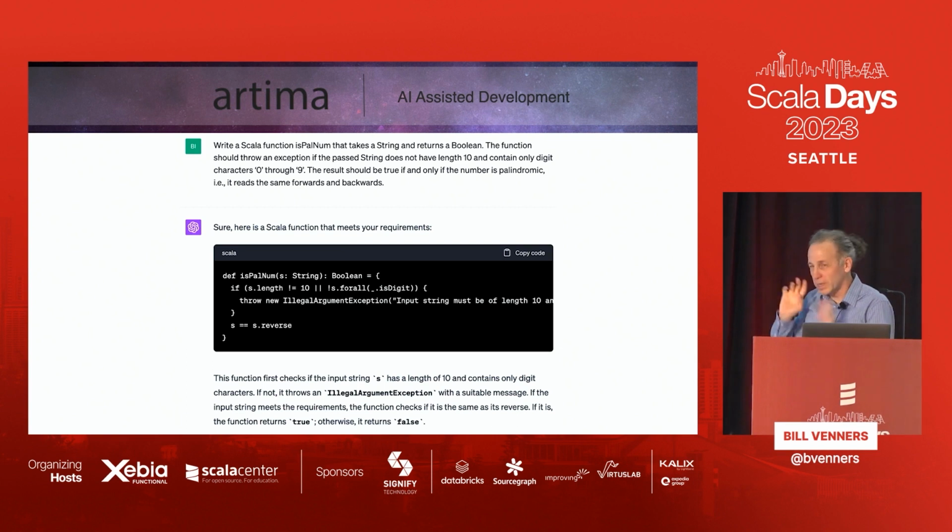So this is, I just pasted that requirement spec from the slide into ChatGPT, and it wrote it for me. It also then described it. So this is kind of like text to code and code to text. Those are two tools that I think are really helpful, especially the first one, text to code, for our productivity, because we can get a lot of things done for us more quickly. It doesn't get it right a lot, so you still need to know what you're doing, a human, for the time being. But I think text to code is very powerful.